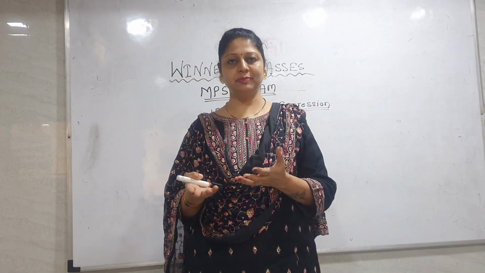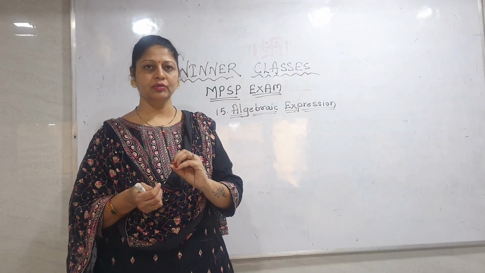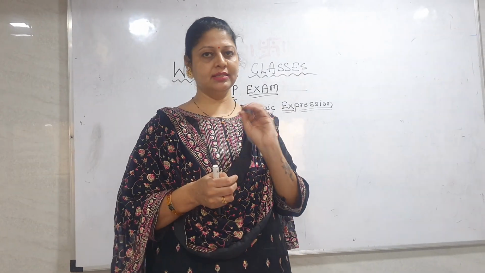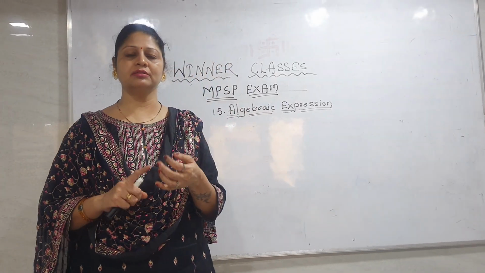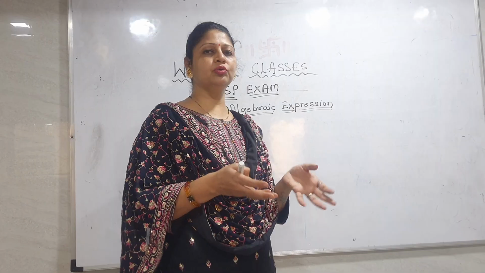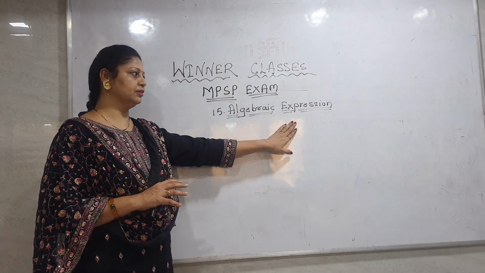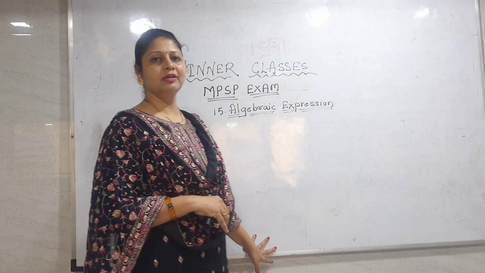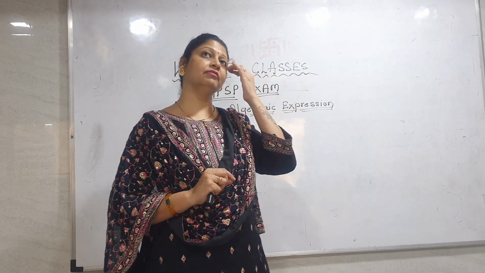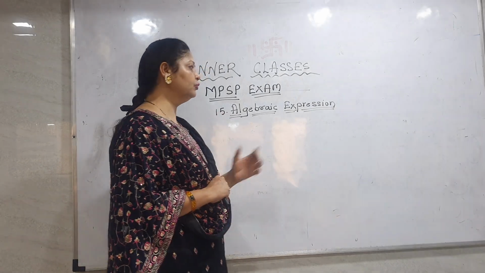When we solve an expression, many signs are there. We have to do multiple operations in the sum, for example addition, subtraction, division, multiplication, meaning more than two operations we have to do there. So that is called an expression. And when we solve the expression, I think in a previous video I already explained the BODMAS method. So that method we have to use there.